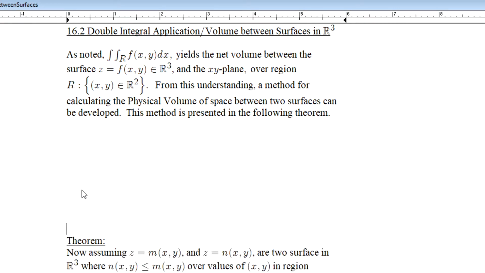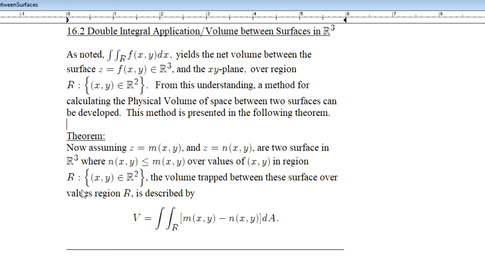If I bring that theorem into view, it starts by assuming that we have two surfaces in three dimensions, where one of the surfaces we call M and the other we refer to as N, where what's unique about these two surfaces is that N is always less than or equal to M over all of the values of x and y found in this region R. If N is less than or equal to M over all these values of x, y in this region R, then the actual physical volume of space